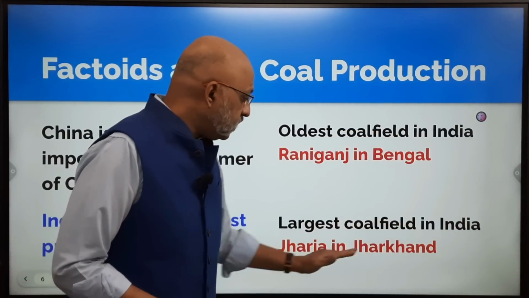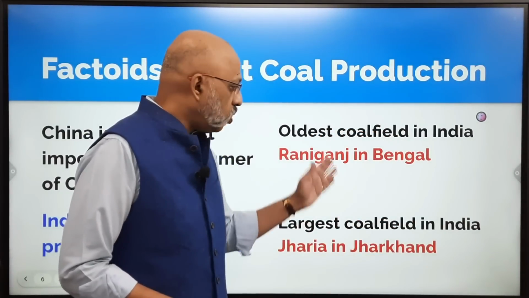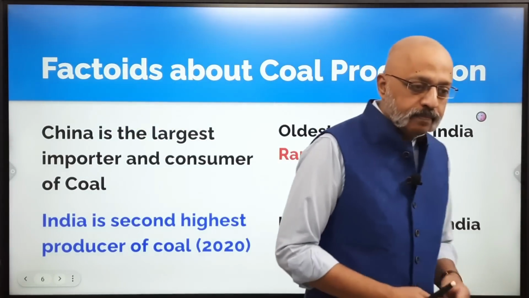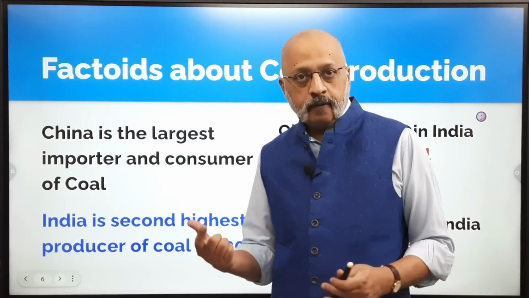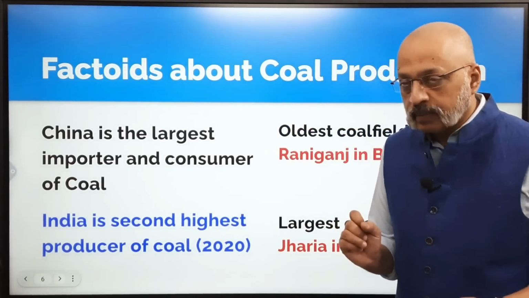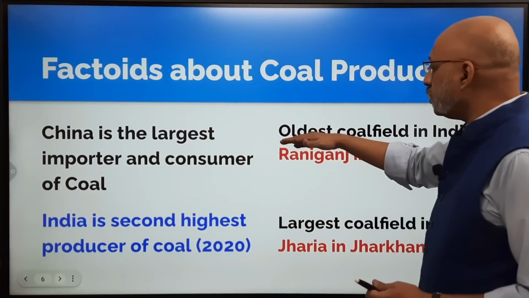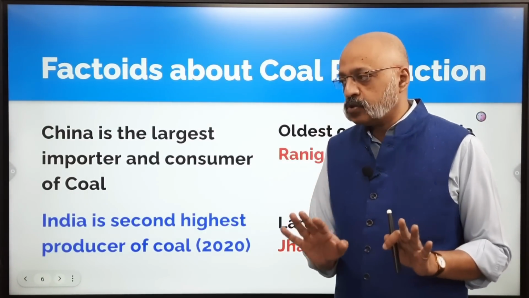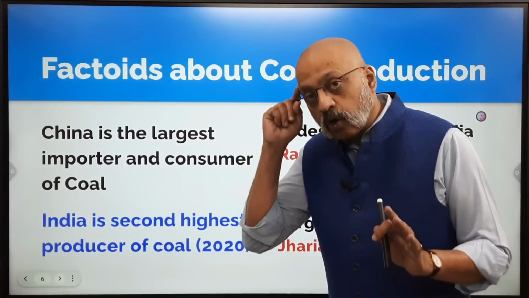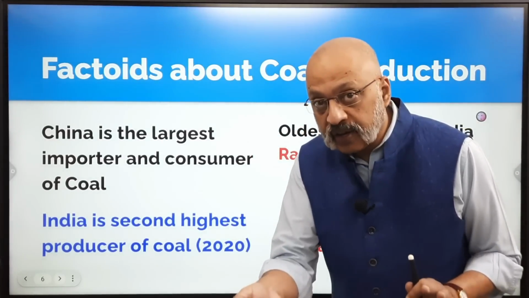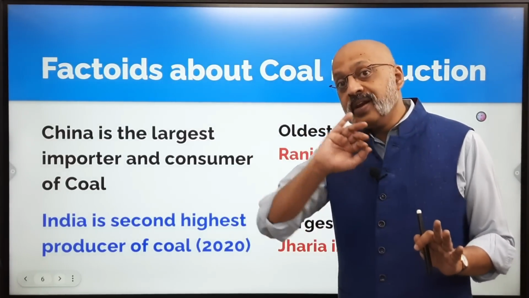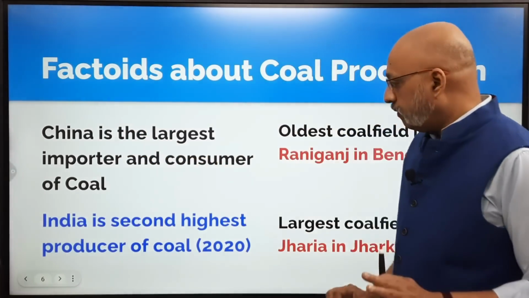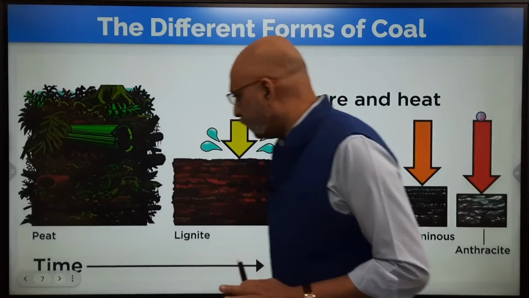The largest coal field in India is Jharia in Jharkhand. Now, why is all this important? I don't specifically remember whether these are all part of the maps, but sometimes in map marking, and this is the risk when you leave out some chapters, you could not be given the name, you could just be asked to mark the oldest coal field in India. Possible. I don't know whether it's there in the syllabus or not. So you need to know that you are talking about Raniganj and then identify Raniganj on the map. So that's a risk when you leave out certain chapters completely without looking at them at all. This is something which I wanted to flag.